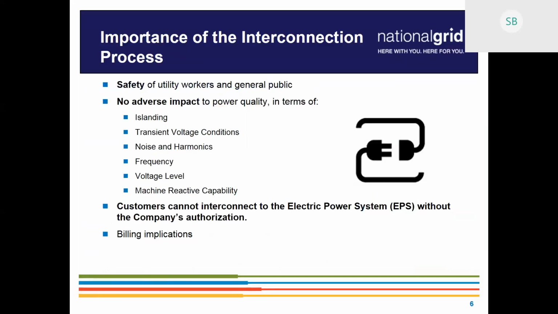And again, before I kick it off, I just want to repeat our mantra at National Grid, what we're trying to do with this interconnection process, and that is interconnect these systems without adversely affecting the safety, reliability, or the power quality. That's of utmost importance to us. We're trying to do it as quick and as cheap as we can for you, but we can't lose sight of doing it without adversely affecting safety, reliability, and the power quality.